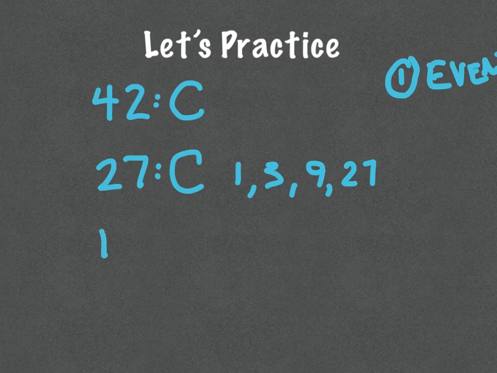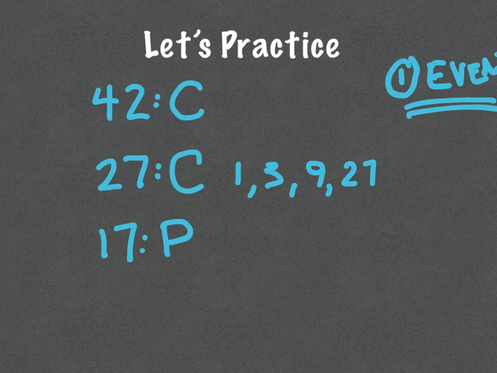How about the number 17? Okay, the number 17, it is not even. So that's leading towards prime right now. And there are no other numbers that multiply together to get 17 except for 1 and 17. So 17 would be prime. Okay. So the very first step that I always look for is, is that number even? And then after that, I try to think of numbers that can multiply together to get that. Okay. But a good